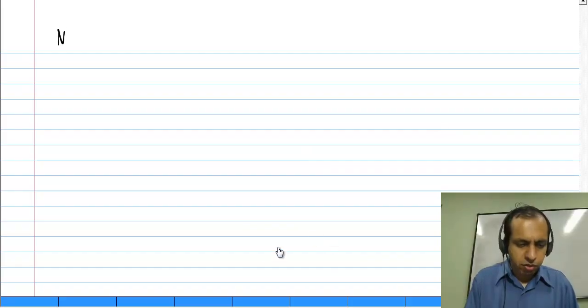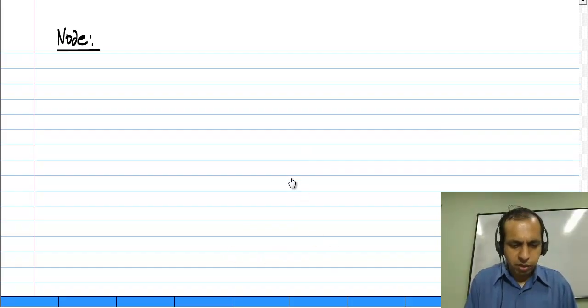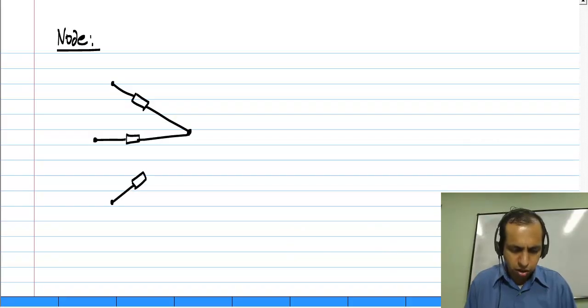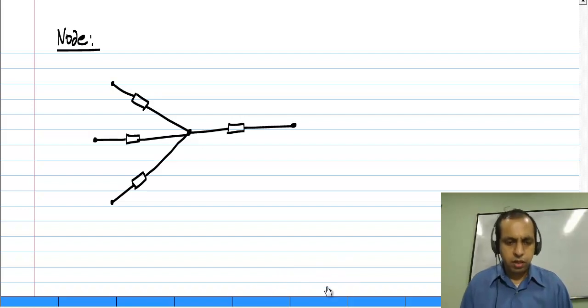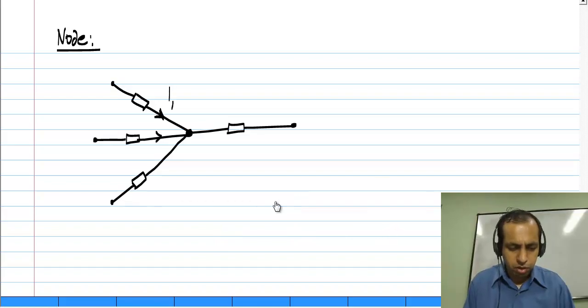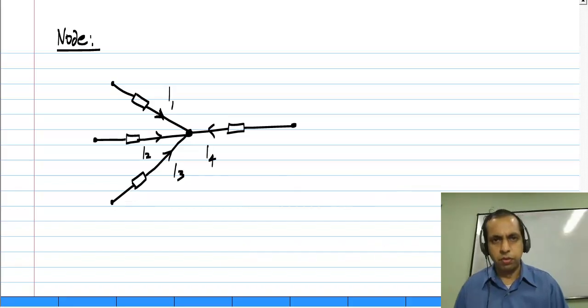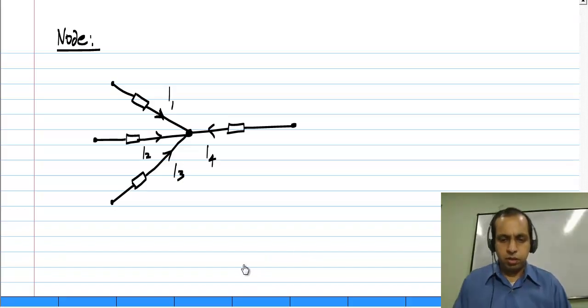So firstly, let's consider a node with a number of elements connected together. And let me define the current in each element to be flowing towards the node: I1, I2, I3 and I4. Okay. So now there is a law,